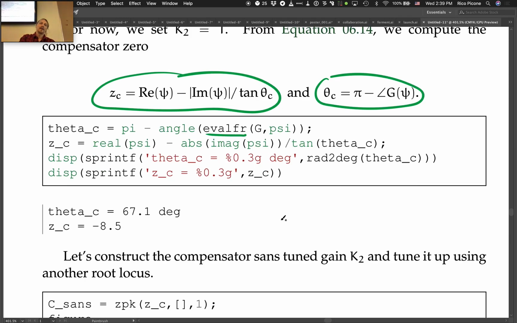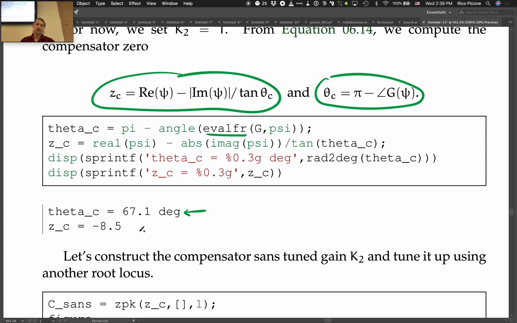So, turned out we needed a zero contribution angle of 67.1 degrees, and that corresponds to a zero location of negative 8.5, just from the formulas, okay? Pretty nice. You can go through the trig of that too, and that's what Nise does in the examples,